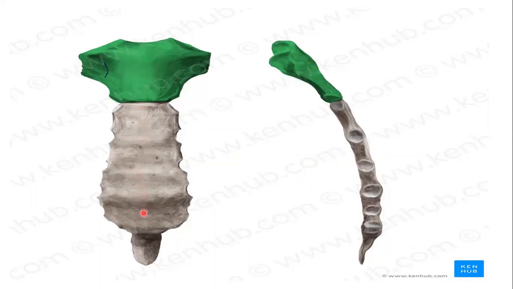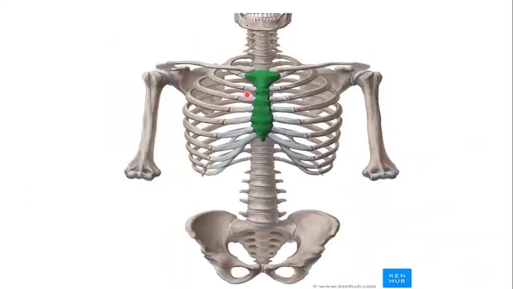And after that, we have the second portion of the sternum. This is called the body of the sternum. The body of the sternum is joined superiorly with the manubrium through this joint, called the manubriosternal joint. And the body of the sternum is also articulated inferiorly with the xiphoid process through this joint, called the xiphisternal joint. The body of the sternum is attached laterally with the costal cartilages. As you can see in this picture, it is articulated with the second, third, fourth, fifth, sixth, and the seventh costal cartilages, right?